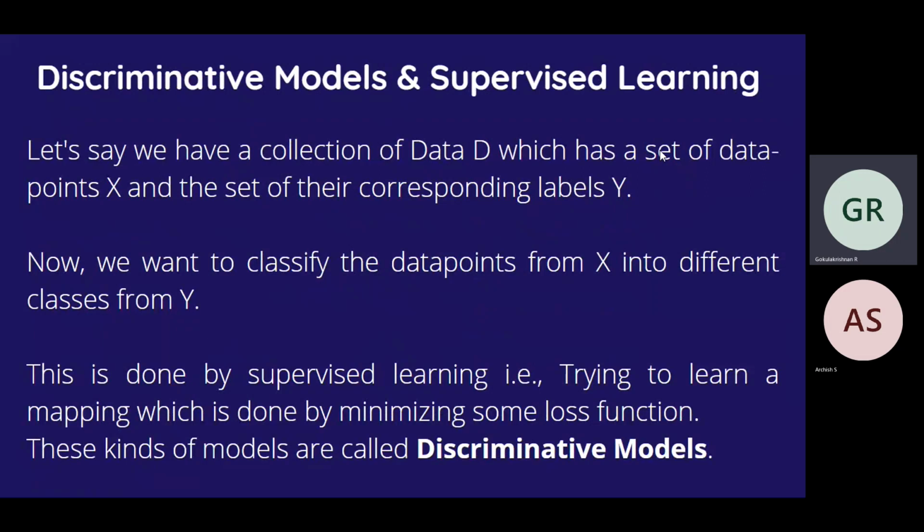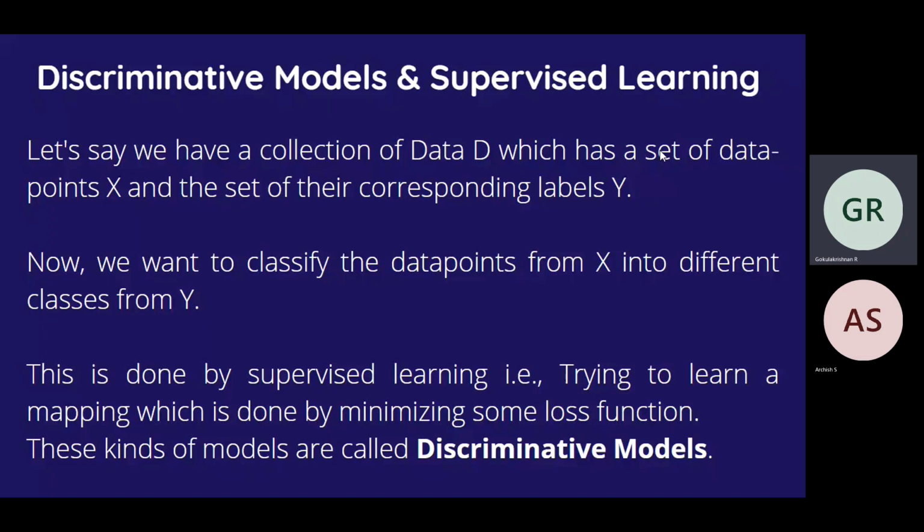What a discriminative model does is, let's say you have a data distribution D, and in that data distribution you have a collection of data points X, and each data point belongs to a particular class, and the set of classes, let's call it Y. What the discriminative model tries to do is find